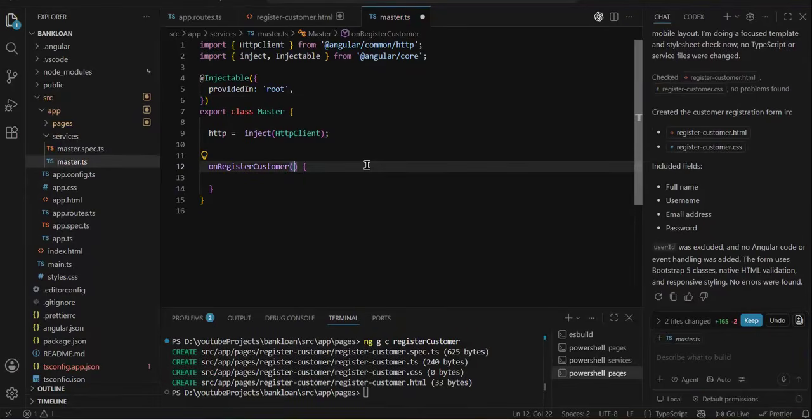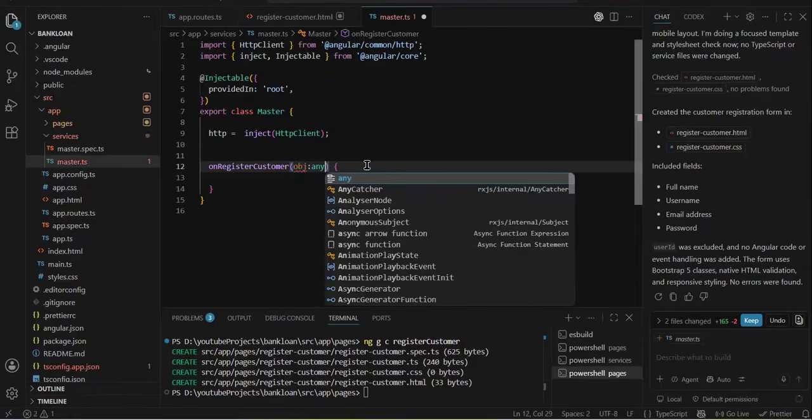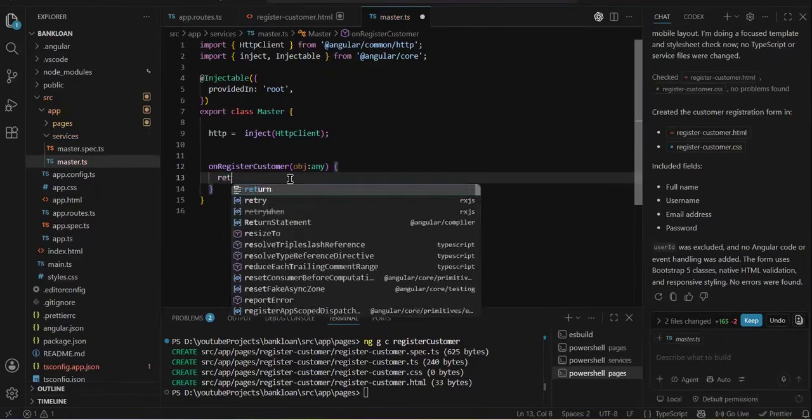So I will start with very basic. For now, I'm not explaining class or interface. We will go with any. So that from this function, you will call it from your component. You need to catch the data. That object, you will pass it, the form value, from the component. You need to catch that. So object colon any. I'm going with any, but we should not use any. In the next API call, we will create a class or interface. Return